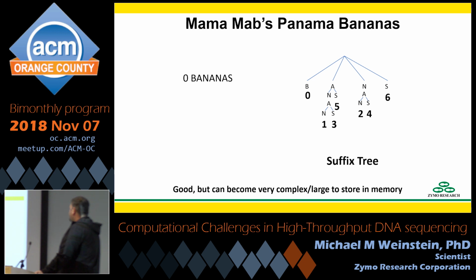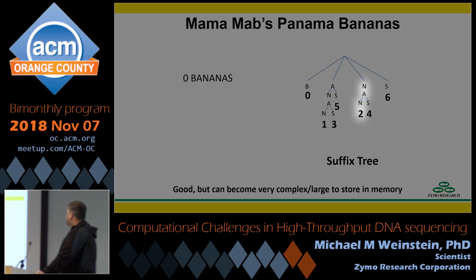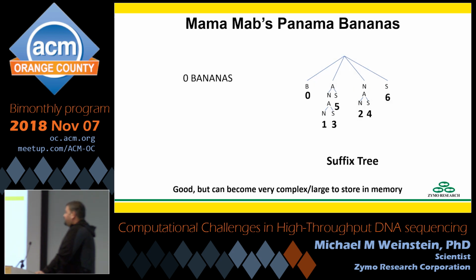So this is very good, but it can be kind of complicated and large to store in a computer's memory. The reason I say this is it works pretty well. If I want to match NANA, I just really have to go NAN, and at that point I know I'm locked in at position 2. So I've gone from one operation per letter of short read times the length of the genome to 1 operation per letter of short read, plus the generation of this tree structure, and presumably I can keep this tree structure forever and keep reusing it. So again, very good.